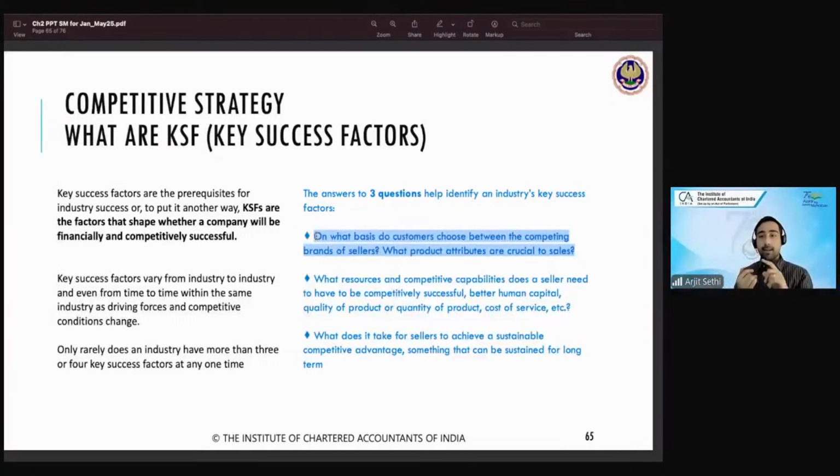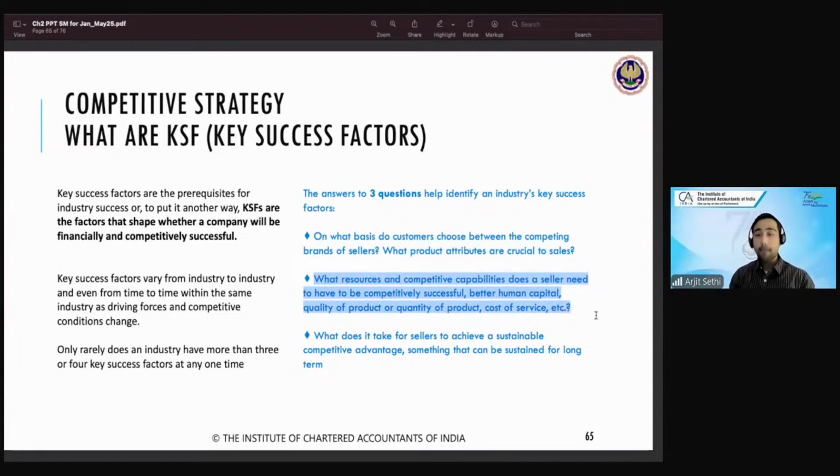Price पे लेते हैं, quality पे लेते हैं, ease of access पे लेते हैं, free delivery पे लेते हैं, after sale service पे लेते हैं, किस basis पे? On what basis are competitors choosing a particular brand of product that you are playing in, right? That is really important. Number 2, what resources and competitive capabilities does a seller need to have to be competitively